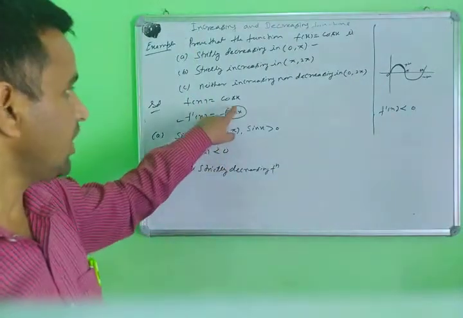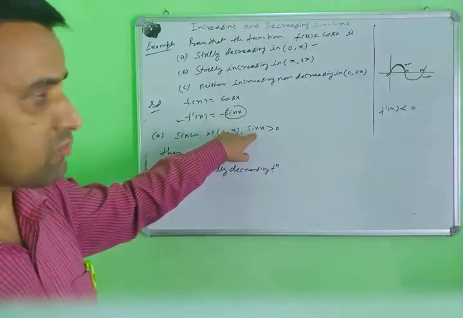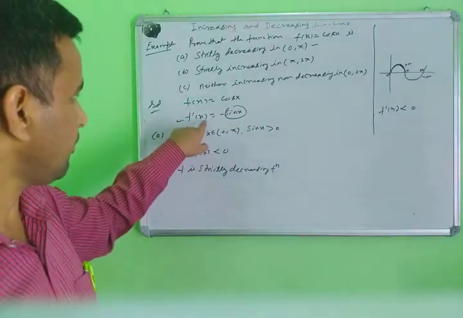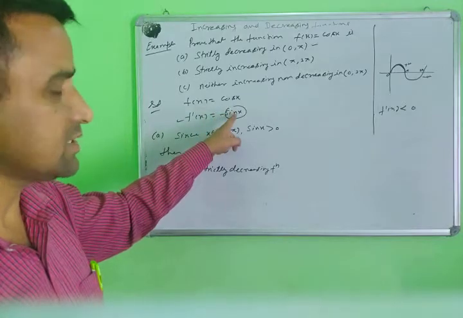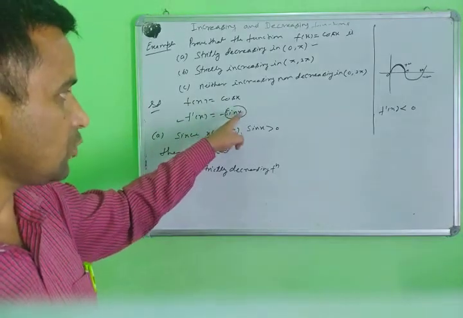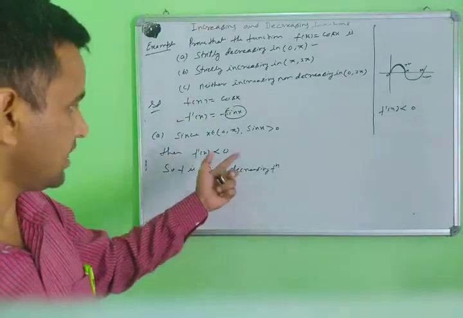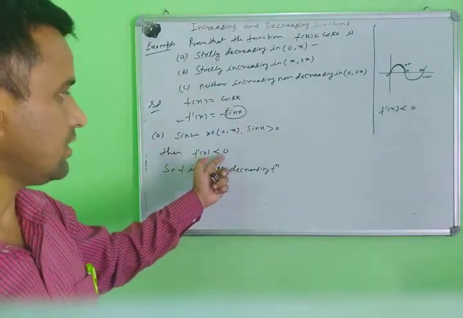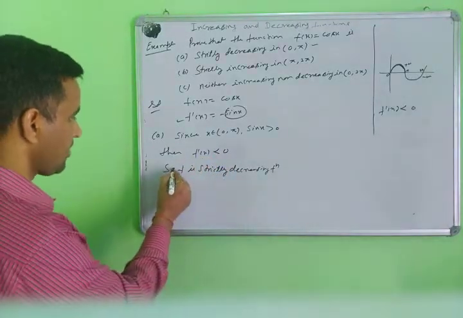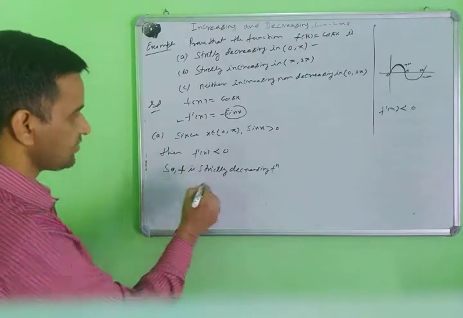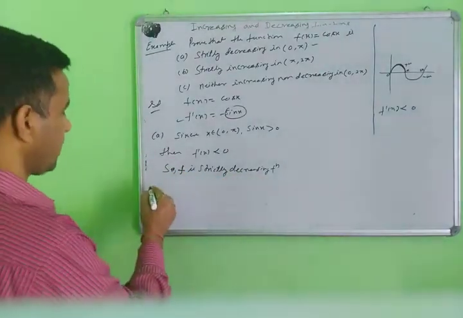That means when the value of sin x is greater than 0, say 1, 2, 3, 4, 5, 6, and you put it in here with the minus sign, which is separate, the value of sin x is positive, then the total value of f dash x is negative. All values convert to negative form. Then f dash will be less than 0, so we can say f is a strictly decreasing function.